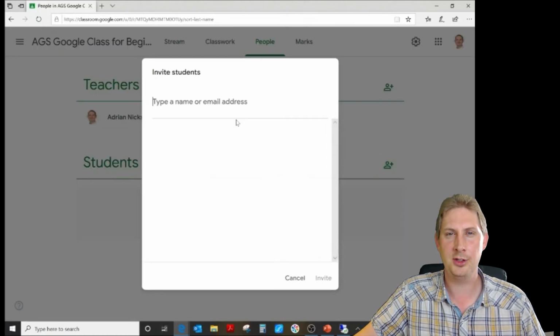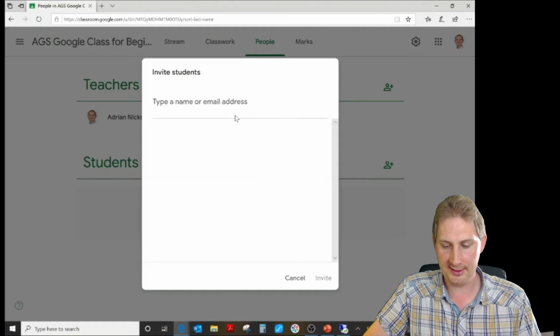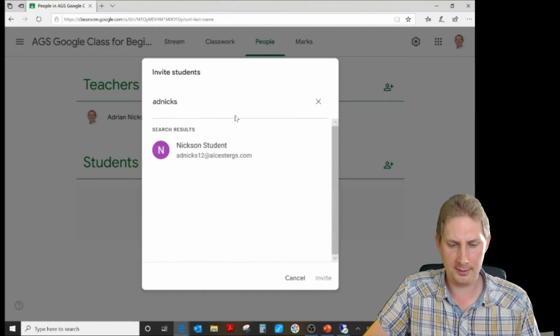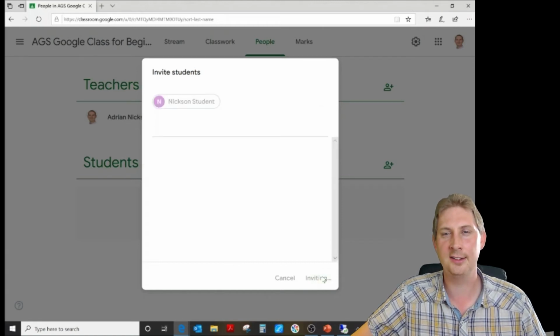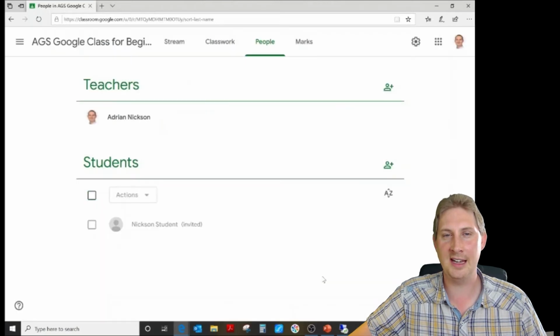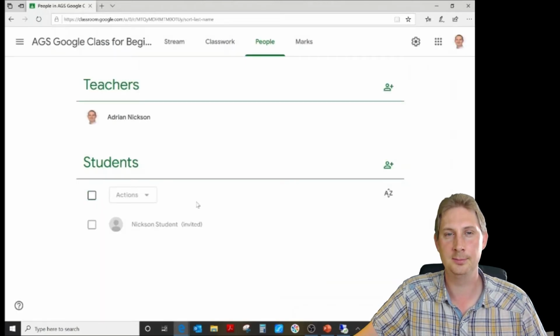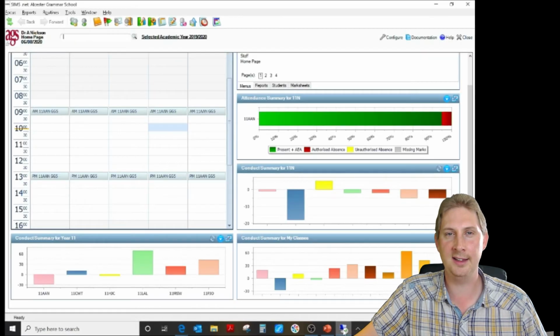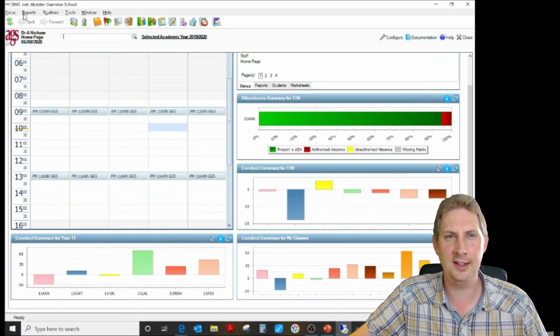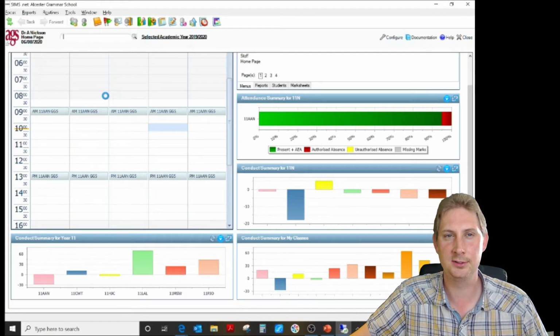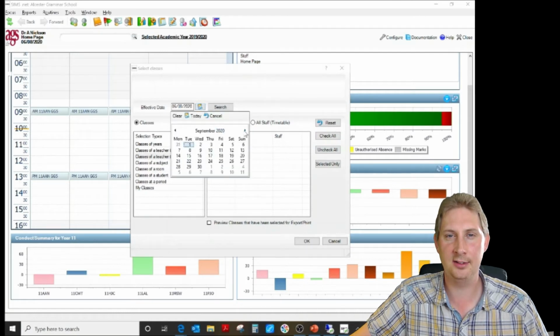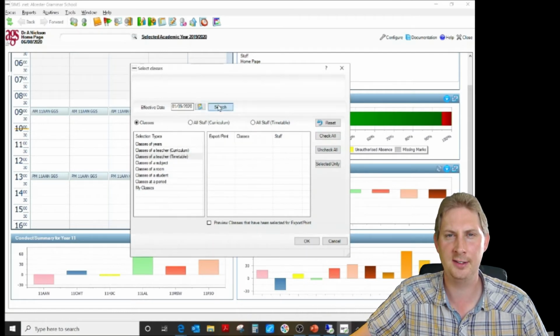For students, you can click on an email address. So, student, Nixon student, click on that, invite, and that will send them an invitation to the classroom. If you want to add a lot of students at once, then you will need to do this via some sort of email list. The easiest way I've found to do this, reports, student list, class list, set the effective date if you need to, so let's say September the 1st, search,